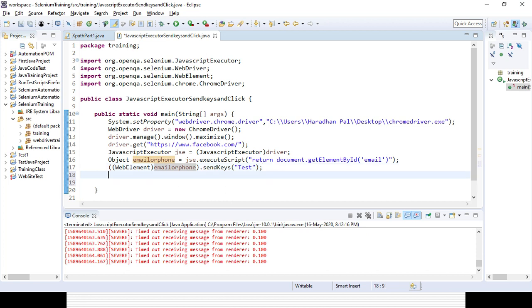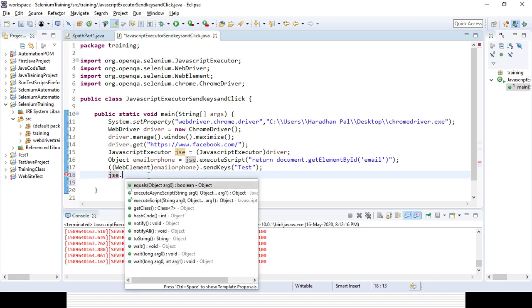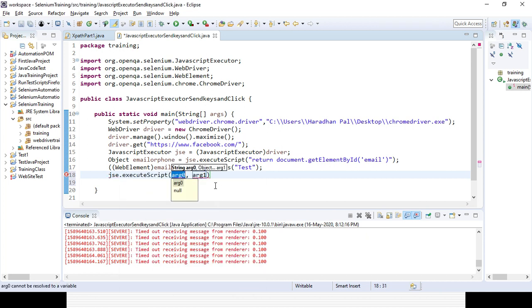For that we need to use the JavascriptExecutor interface object reference, then use the executeScript method. Here we would normally give return, but no return will be there.